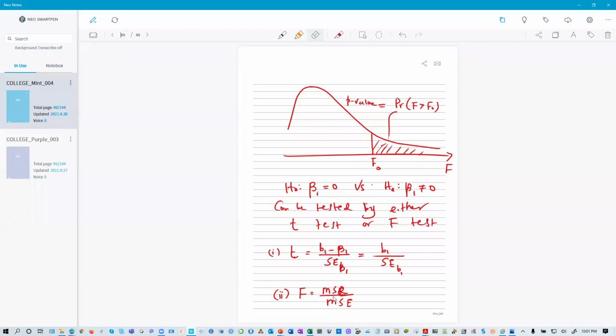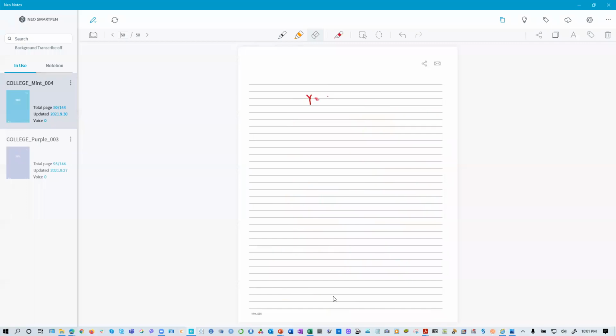When you write y equals beta naught plus beta 1 x plus epsilon, that's the population version. The corresponding sample version is y equals b naught plus b1 x plus e. In either of these cases, this error